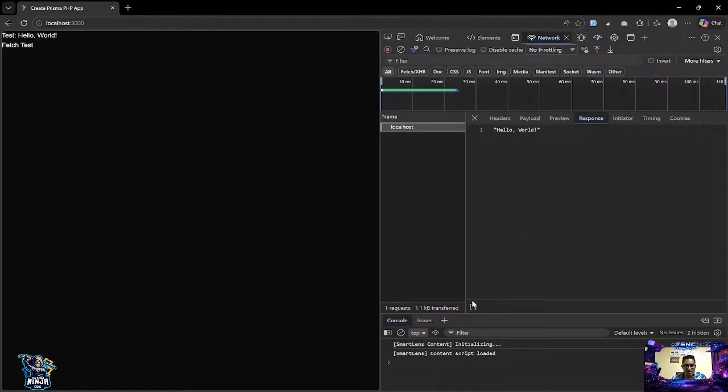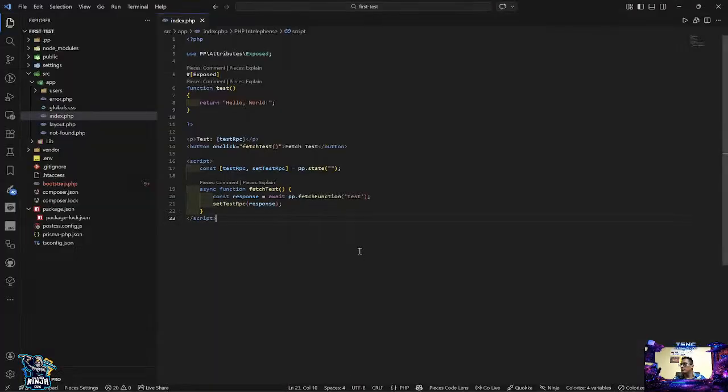And as you can see, it's very handy when you are maybe, let's say, loading results from PHP, and then maybe you are updating forms, states, things like that. So this way,